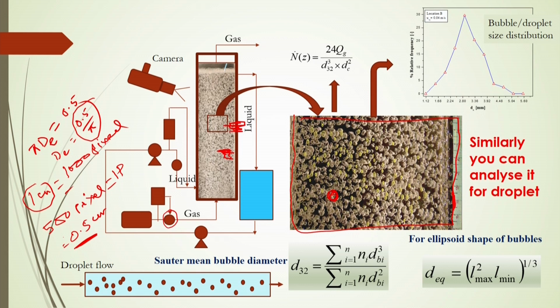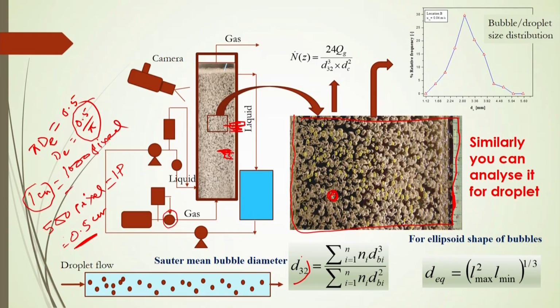Now in this case you have to have 1000 bubbles or more to calculate, because all the bubbles will not be the same in size. So you have to calculate the mean of the bubble diameter. Generally for any physical or chemical engineering operations with this type of discrete interfaces, the volume to surface area ratio mean diameter is considered. It is denoted by D32.